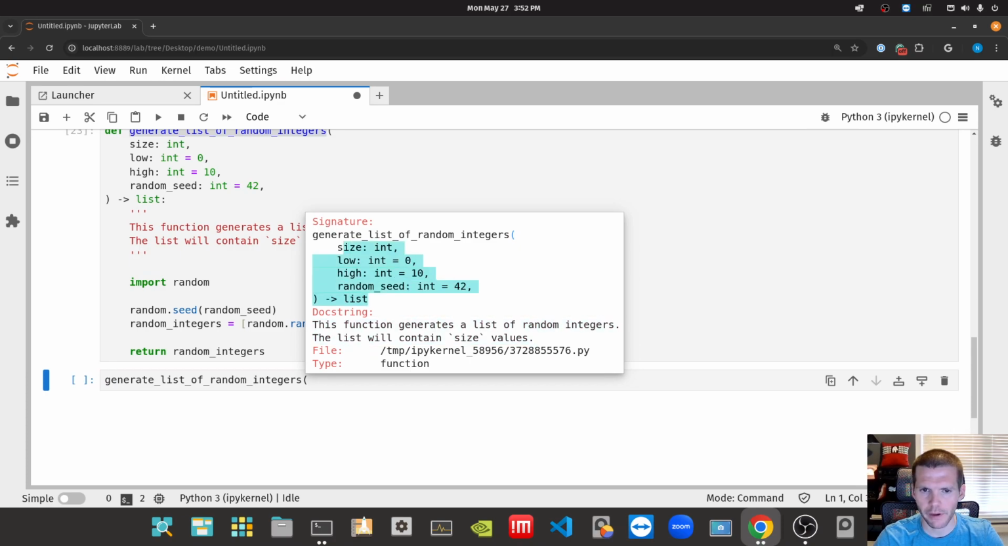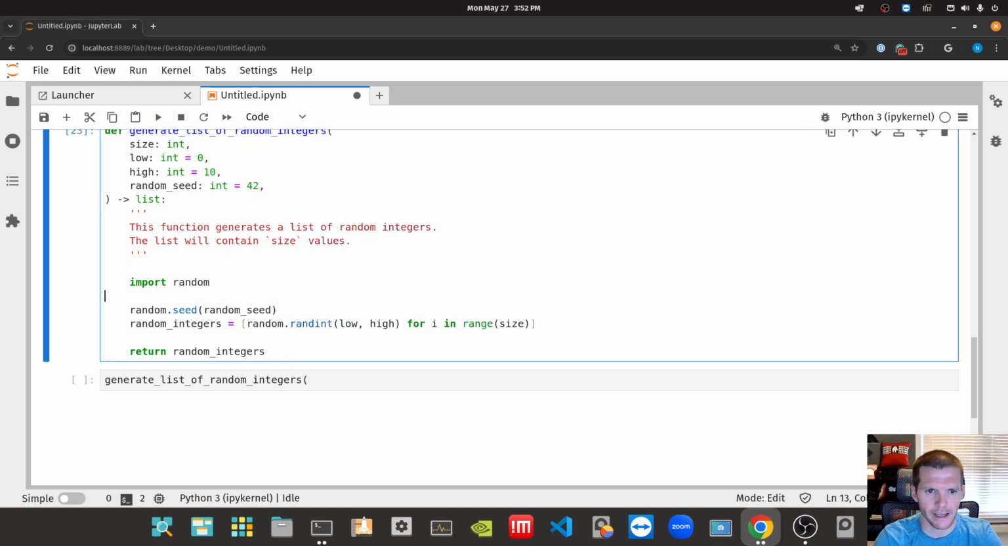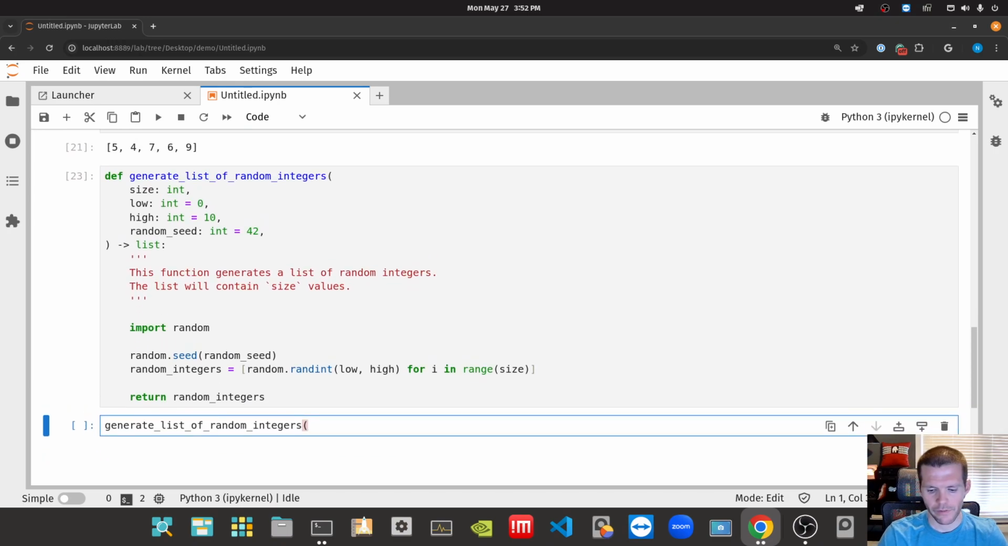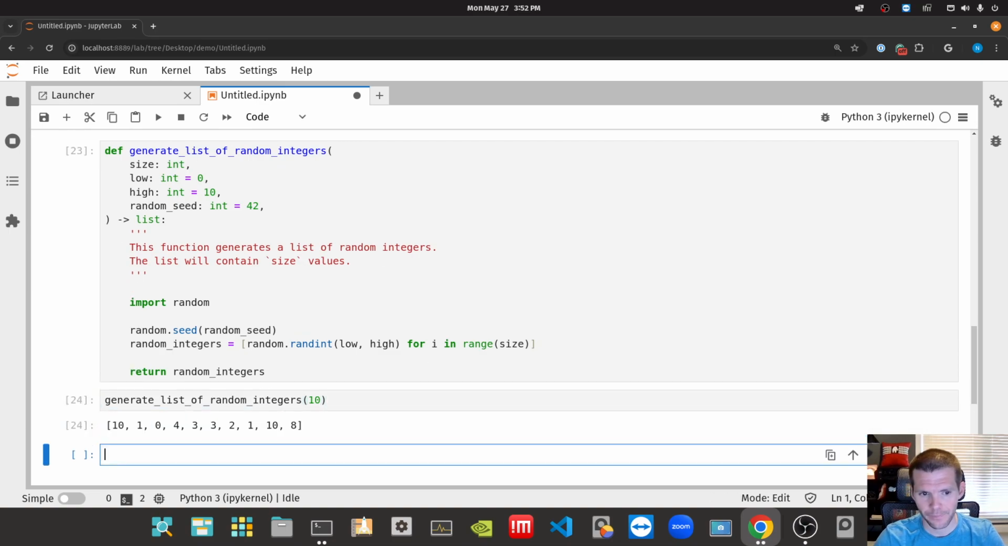So the user should be able to look at this and say, hey, I've never used this before, but I kind of understand what's going on. Right, so returning to me a list, takes a random seed, low, high, and size. All right, so let's look at how we can call this function. So if I want to generate 10 random integers, right, I can just call it with 10 here, and it's